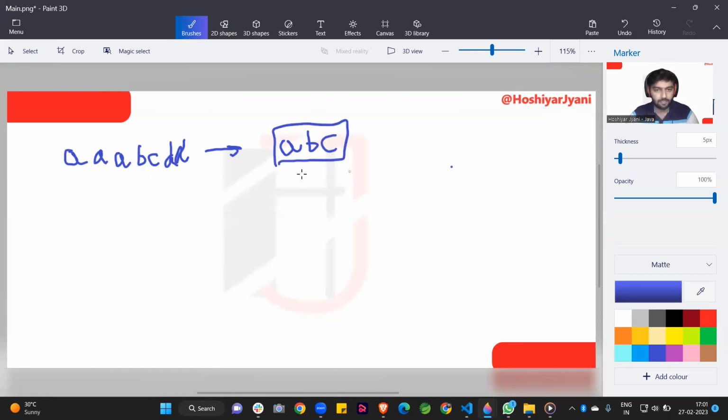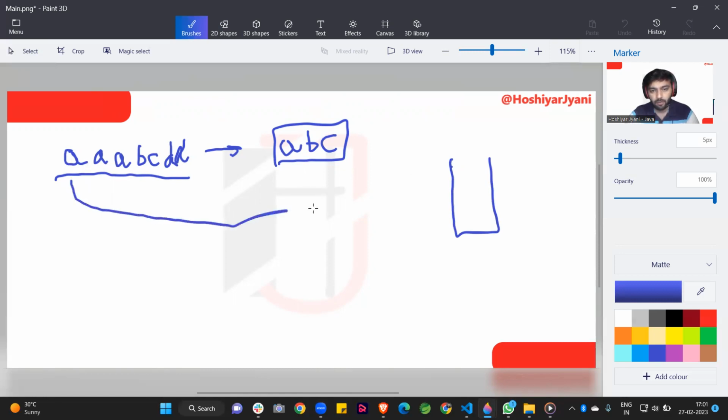So that's why this is our output. How can we achieve this result? For doing this question, we create a stack. In the stack, what we do is iterate a loop on this string. When I am iterating the loop on this string, at that time, I am appending each character into our stack. If the character matches the top element of the stack, then what we can do is the following.